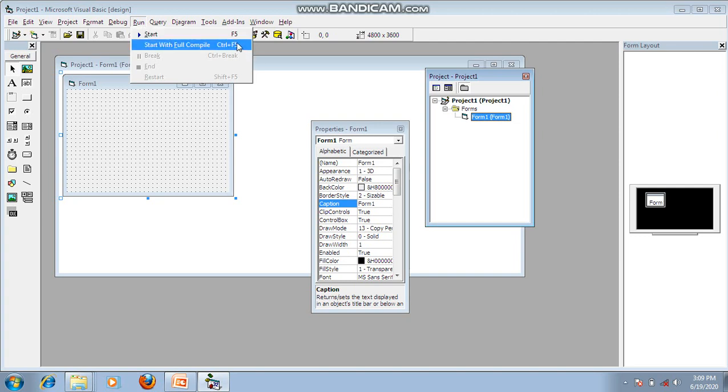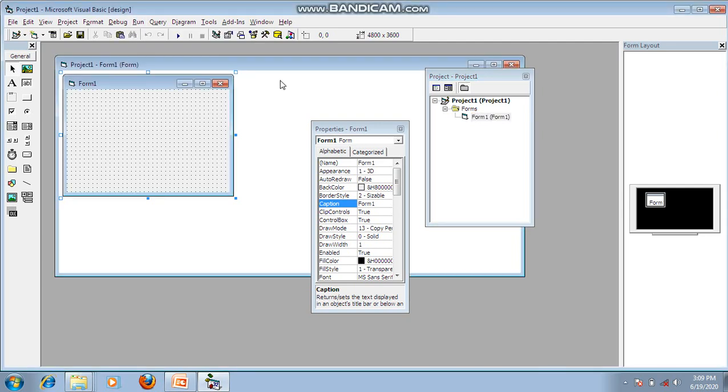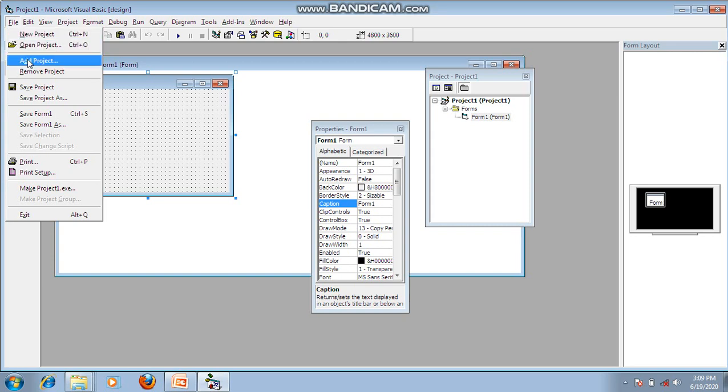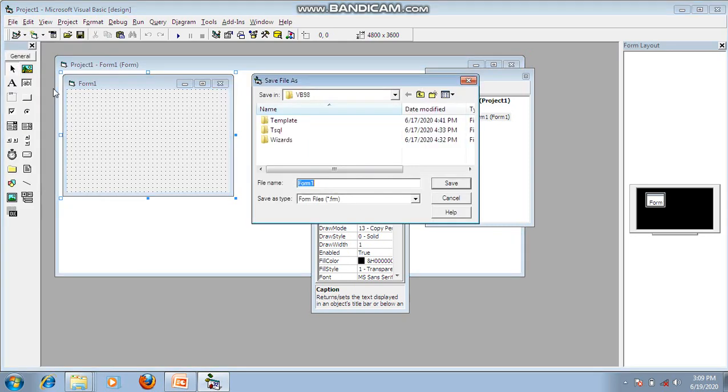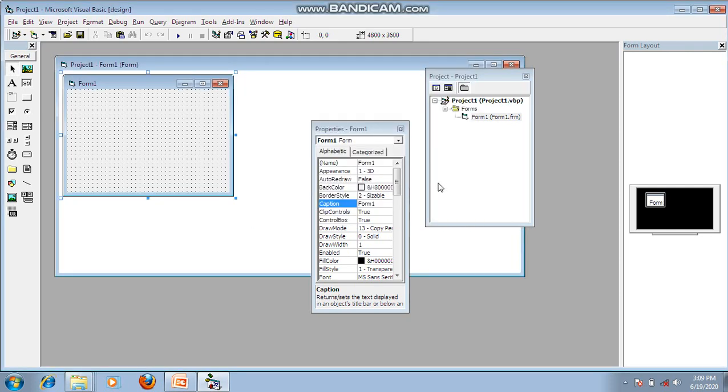If there are any errors in the developed application, it shows the errors and we have to clear those errors, and only then is the application executed. This is called debugging, which means error free code. And one more important thing is that in every application we need to save the application. Click on file, go to save project and click on save project. Simply give the file name and click on save, and give the project name. Click on save. Now the project is saved. This is the procedure to save the application.